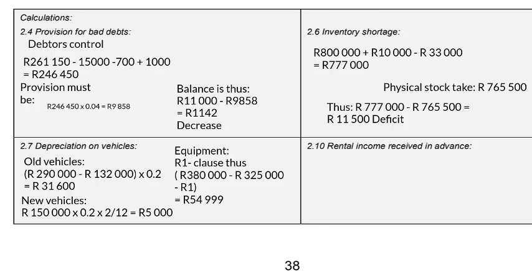For adjustment 2.10, let the rental income equal X. Rental income has been received in advance for 3 months. Rent increased on 1 November 2024 by 625 Rand. Therefore, the new rental amount will be X plus 625 Rand, and that period will be for 7 months. So we create an equation: 8 months normal, 7 months with the increased amount, to equal 117,475 Rand. That was the rental income from information 1.